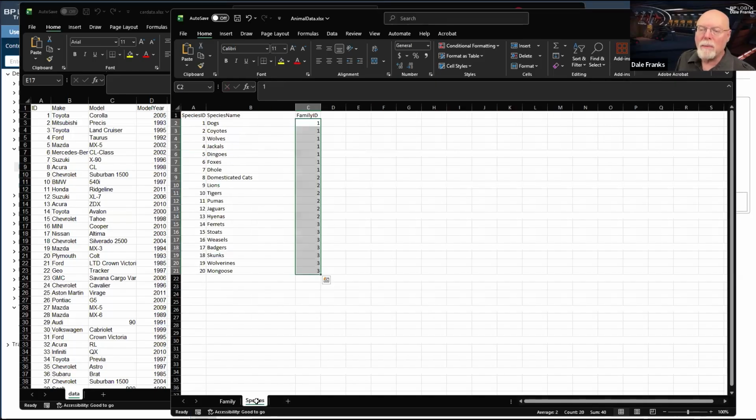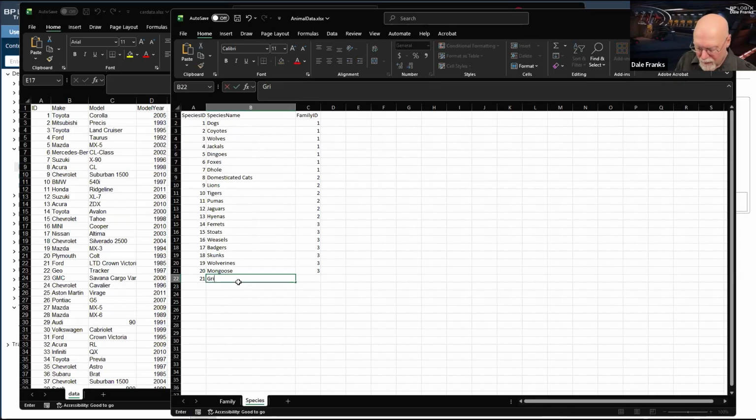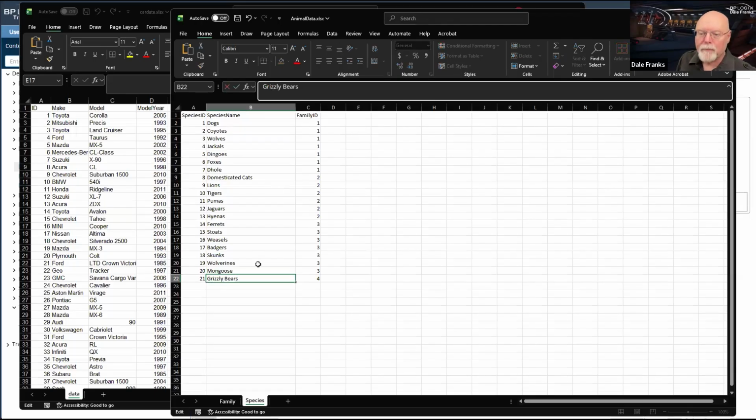And then we'll go to the species. And now I can just start adding new species. So grizzly bears, and that would be ID number 4. And there's also 2 Z's in grizzly.